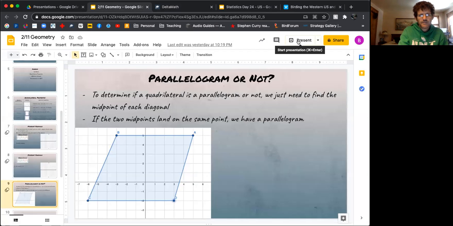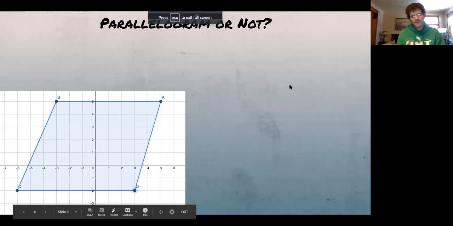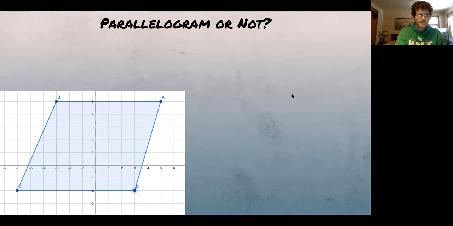Now let me look at this. We're going to put this into context now with your parallelogram. Okay, so here's a shape. It could be a parallelogram, it could not. And you might already look at this and know the answer. But,